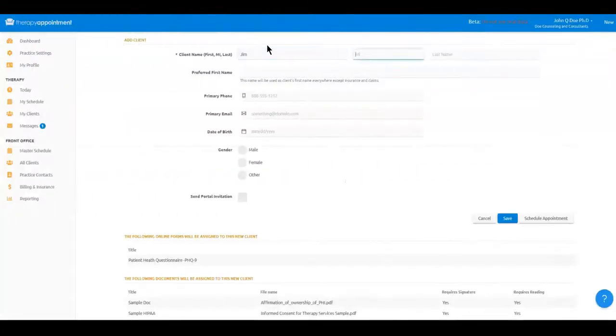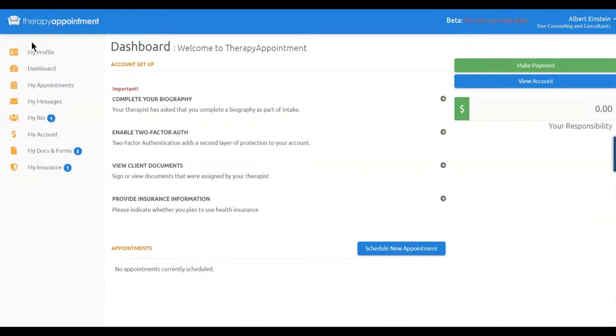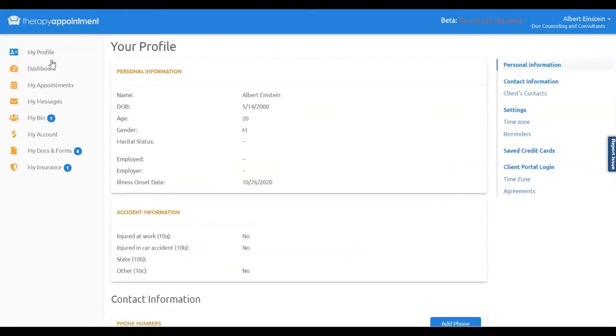Next, add a new client and invite them to activate their portal via a link sent to their email address. Once they set up their own username and password, your client is then walked through a process that follows the rules that you set up, which can include updating